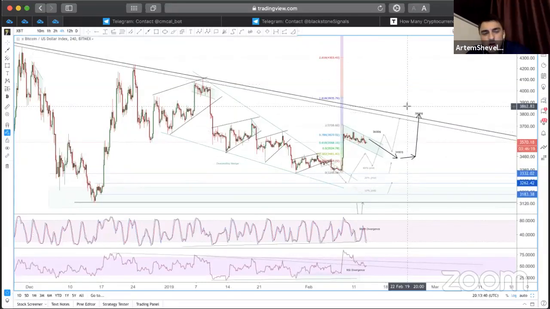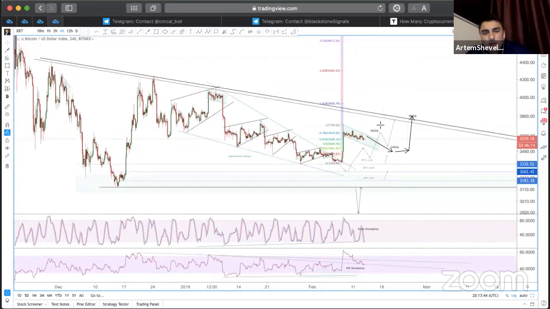Well, I don't know, will it break out from this triangle or not? Probably yes, probably not. So we have some probabilities, right? And as I talked about before, I had a video on YouTube about the market capitalization chart. If you remember, hit plus in our chat. If you don't remember, just go to the channel and check the market capitalization video, how to find market bottom. Okay.